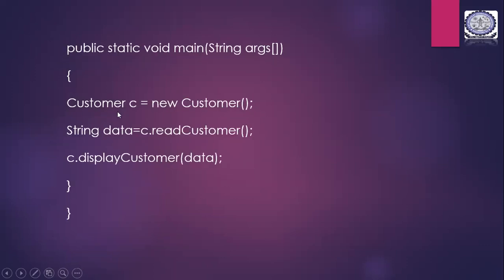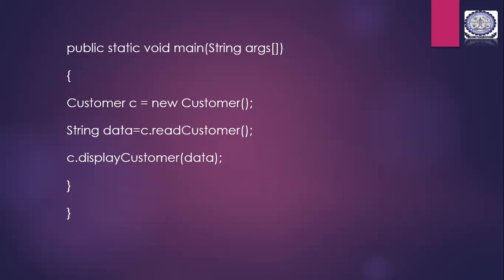The main method has customer. Customer is the class, so you're creating an object for the customer, C, the new customer. Since they have not defined how many customer values you have to put in, we are just taking in one object of customer C here. So we haven't taken an array of customers. If you have to take an array of customers, you have to define a new array for the customer class C, like how we did in our first 2A program.